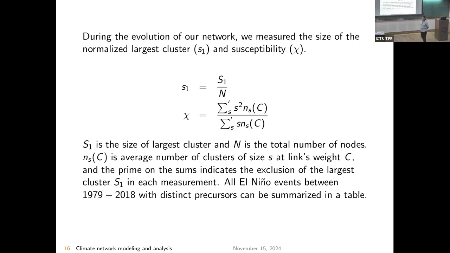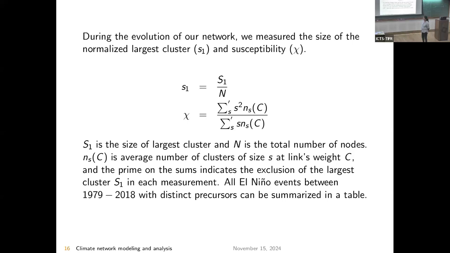So S is the number of connections. Are they changing with time? No, I have taken averages, so for every year, I have one network. They are changing with C, the correlation strength. Since you take the average, you don't. The largest cluster is the cluster of all those nodes connected. You just measure the size of it: how many nodes are in the largest cluster?